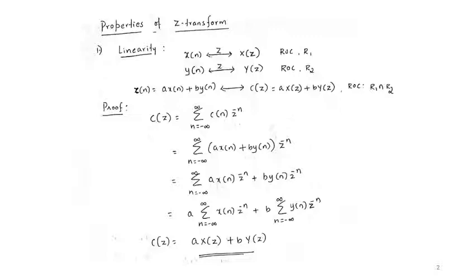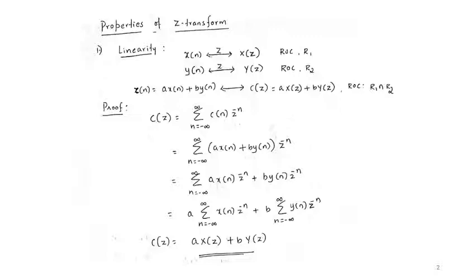So to prove this linearity property, I have to consider more than one signal. Here I will represent it in terms of two signals. I have taken the two signals as x of n and y of n. And you know that the Z transform of x of n is x of z with ROC R1, and the Z transform of y of n is y of z with ROC R2. Then